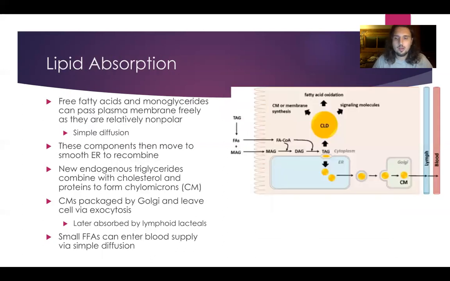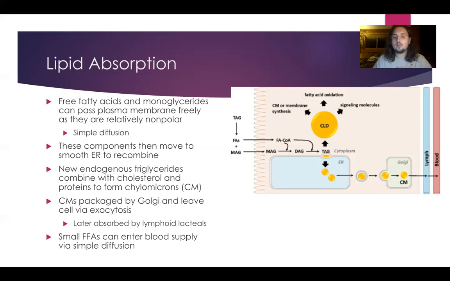Once these triglycerides have been broken down into their components, they're able to freely pass the apical membrane of the enterocytes in the small intestine. The model I have shown here on the right is a little strange. I pulled it from a paper that was more focused on the CLD body, which is cytoplasmic lipid droplets, a sort of middle home base for metabolic processes concerning fats inside of cell biology. But in any case, this still serves as a very good model for the more anatomically concerned process of fat